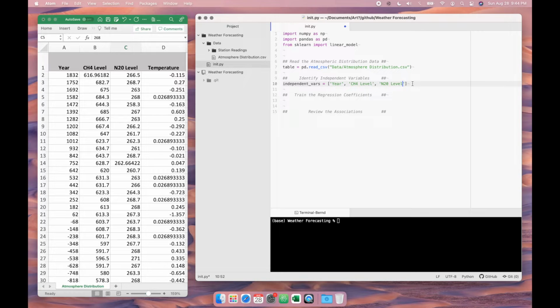And now that we have identified those variables, we are able to start training the regression. To do this, we will be implementing the linear model function. The pros of this type of regression analysis are that each coefficient that we will receive via this method will be, in essence, a slope. So we will be able to say the associated increase in temperature by one increase in parts per million of